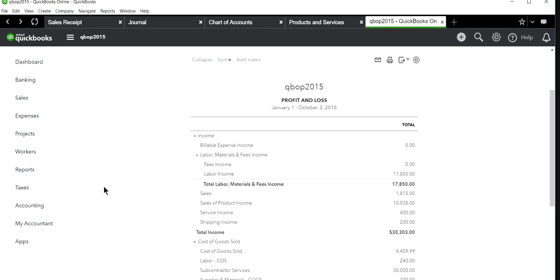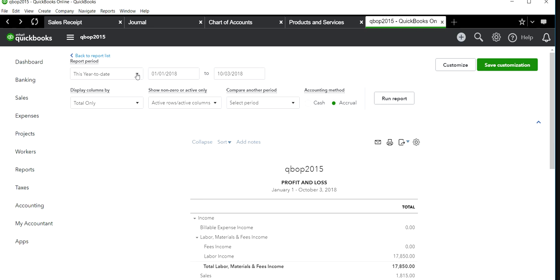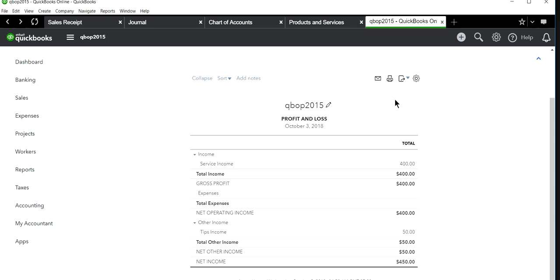Okay, and I'm just going to do this for this entry only for today, let's say. As you can see here, $400 is your service income, and the tip income is underneath in here as other income. So this is after net operating income. This is after your regular income and expenses, and it's underneath in here. For some reason you don't like to see this underneath and you want just to see as part of the total income. You want to move this $50 over here someplace or combine with service income, then you will need to edit your